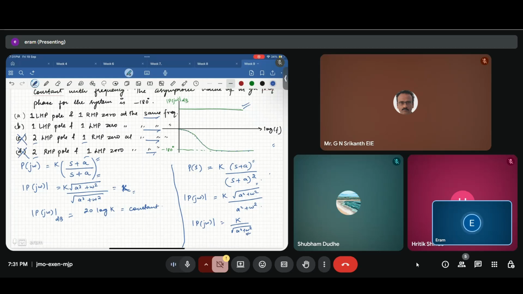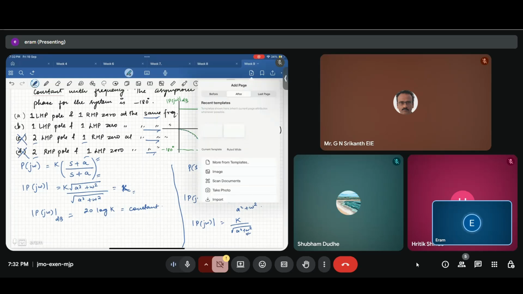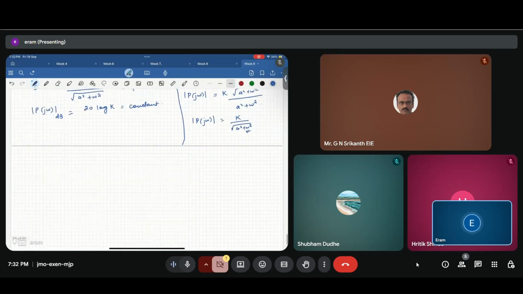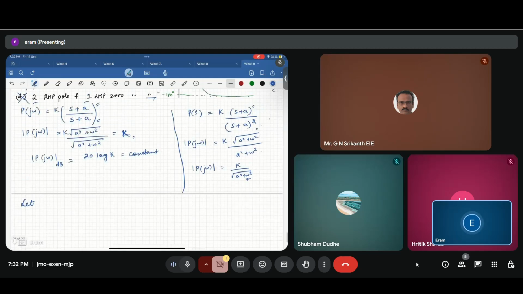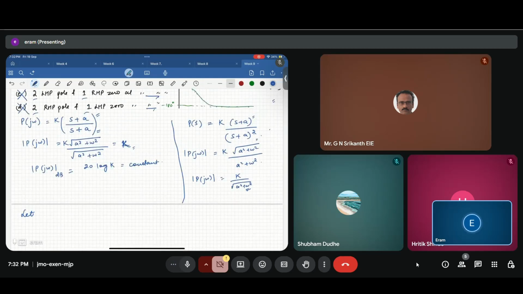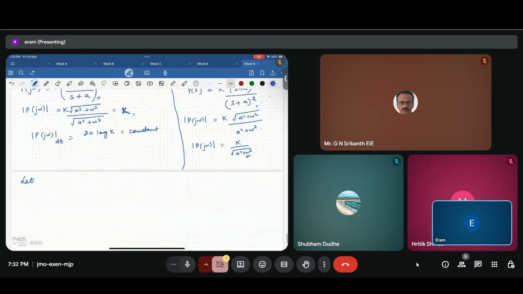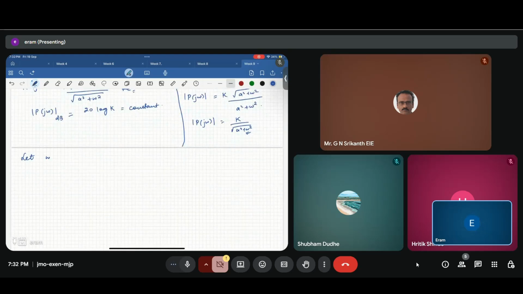the location, whether they will be in LHP or in RHP. That we can guess from the phase plot of the transfer function. Let's see how to check that. Now suppose, since we have concluded that we have one pole and one zero in the transfer function to have a constant magnitude Bode plot, let's say we have a pole